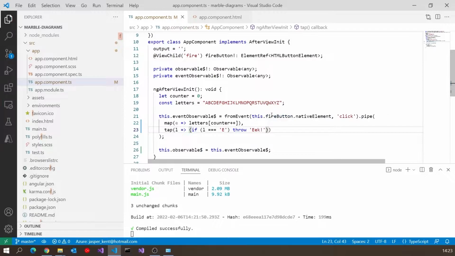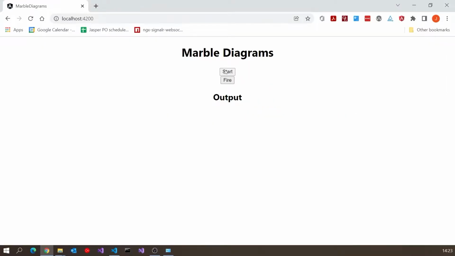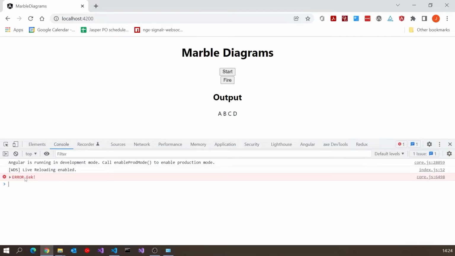And so now if we save that and I start that and then start clicking fire, A, B, C, D, but then when we hit E, nothing happens. And indeed, if we bring up the console, we can see it's reported that exception to the console. We could, of course, handle that in a slightly more elegant way.